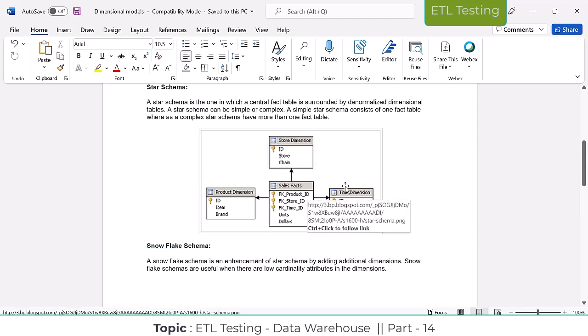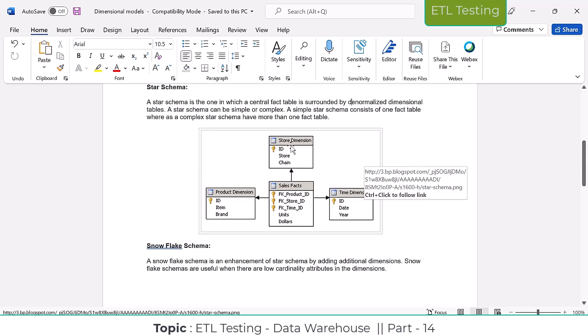These business keys represent unique values. This will be the primary key. The primary key always represents a unique value. This unique value we call a business key. In real time we call it business key validation. These columns we call business key values. I am going to explain this in the SQL topic.